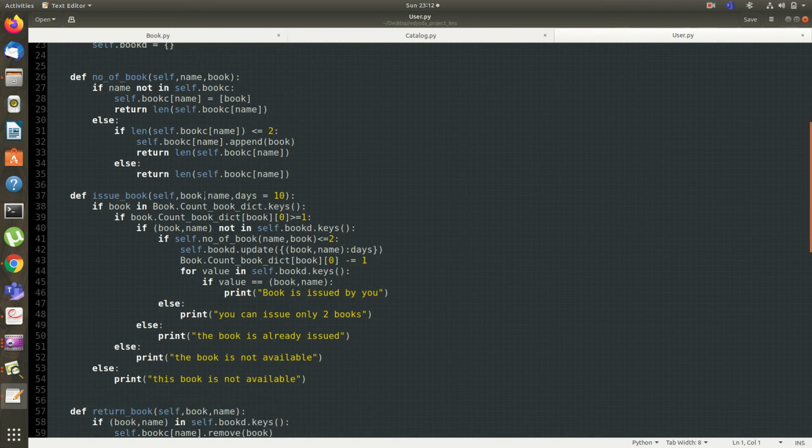So the issue book function takes book name and the name of the member. So if book in book count, this is the code. It checks that the number of books is smaller than or equal to 2.